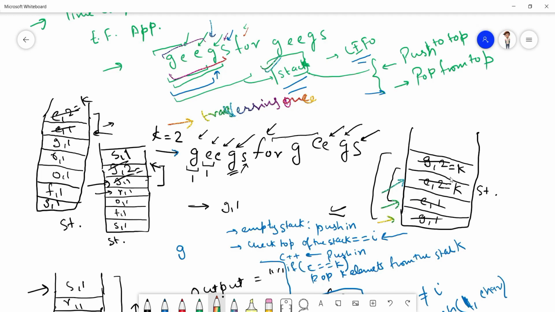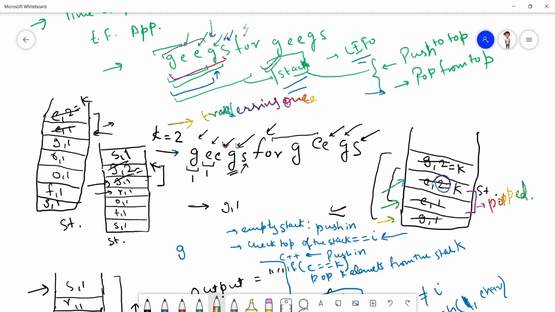The counter earlier was 1, now it came to 2, right? And when the counter is equal to k, which is 2, we pop the k elements from the top of the stack. These were popped, right?